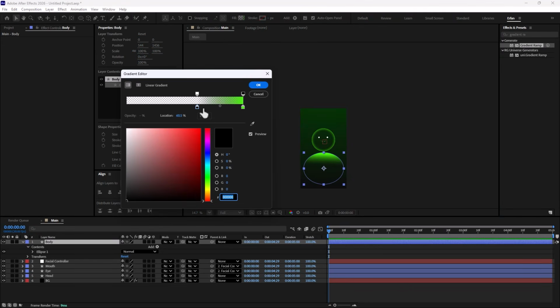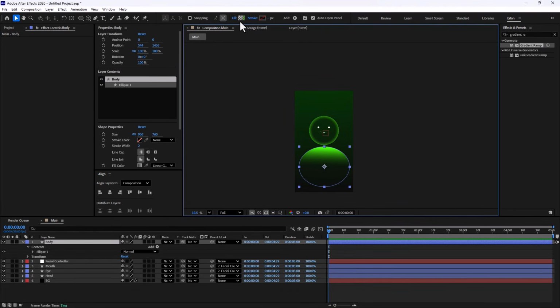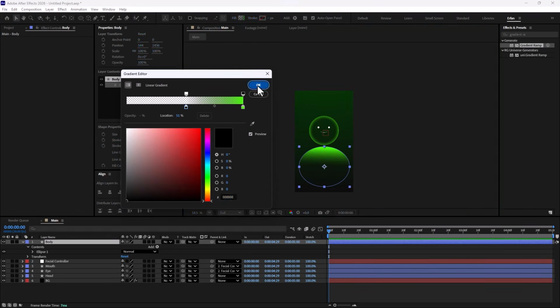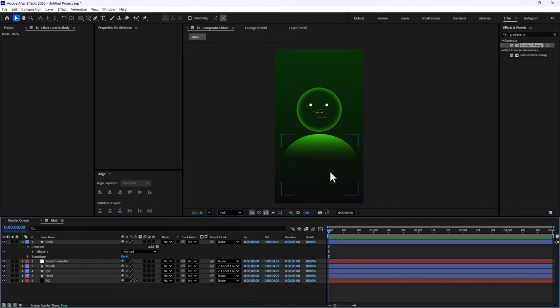We can just decrease the slider a bit, and we're going to adjust it like so. Now here we have the character so far and it looks super good.